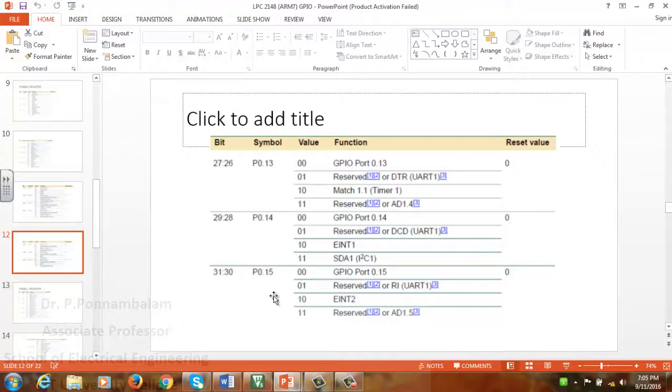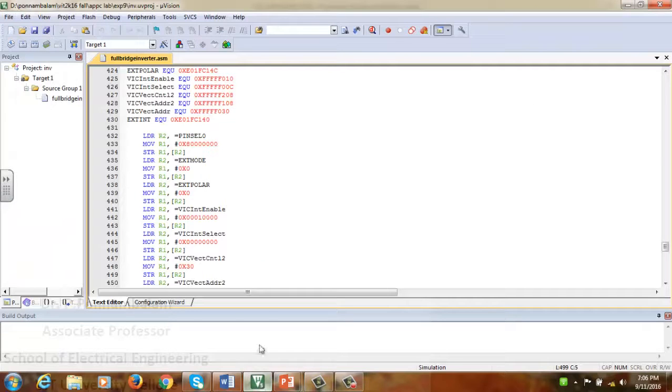So 10 I have to give, so that P0.15 is connected to external interrupt 2. So external interrupt 2 is associated with P0.15. I need to give the signal into this P0.15 so that the interrupt is activated. That is the function of this PINSEL0.